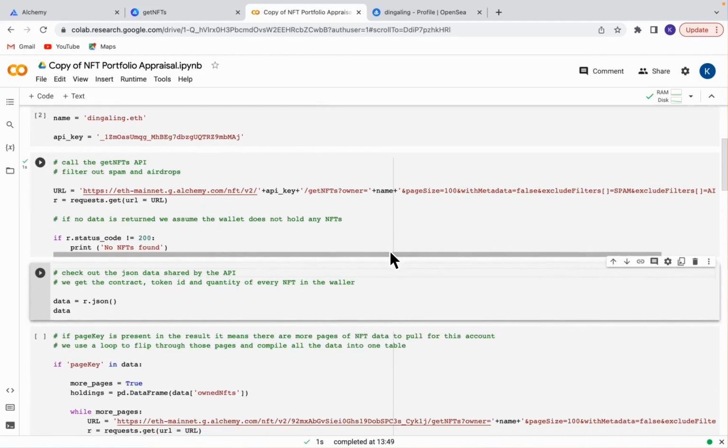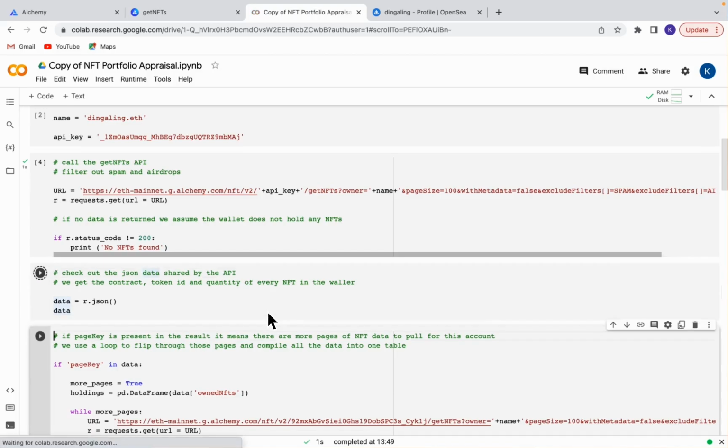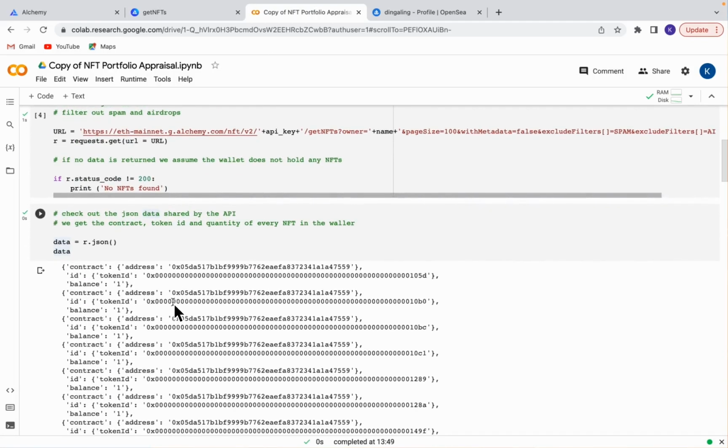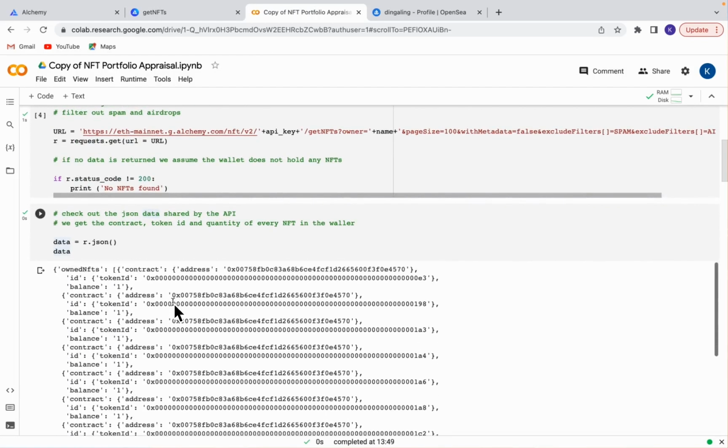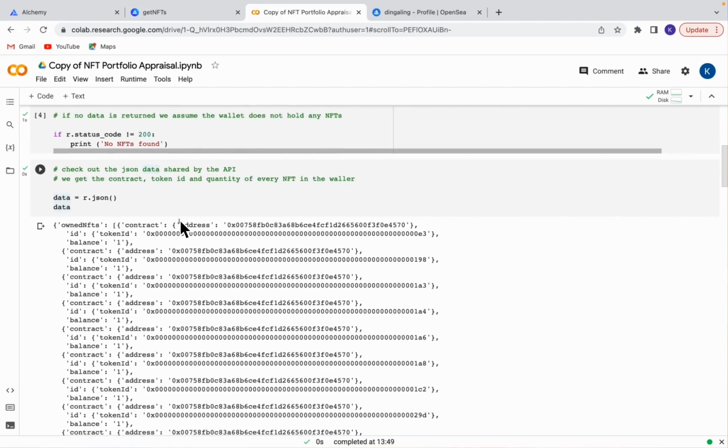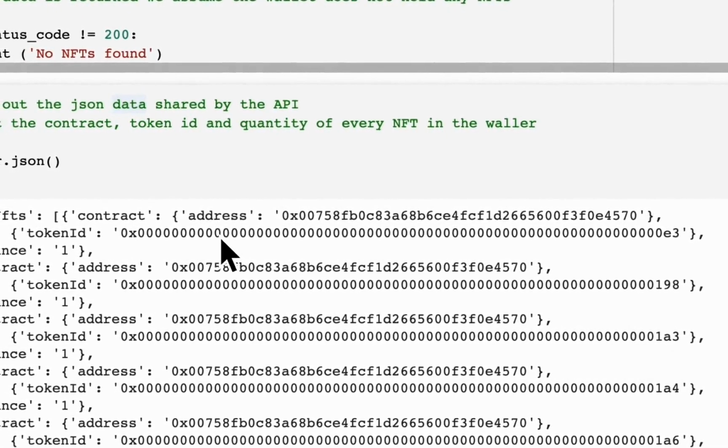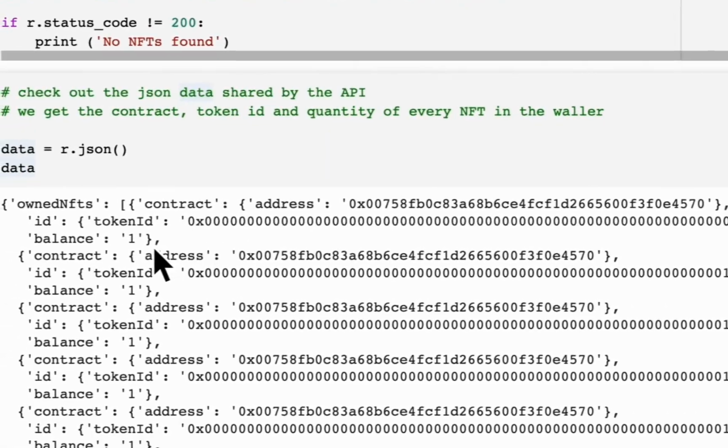And then we are going to check out the response that we got, pulling the JSON from the response, JSON just being a standard data format. So we can see that we got a lot of structured information here, basically telling us that dingaling.eth, that wallet, owns an NFT that has this contract address,